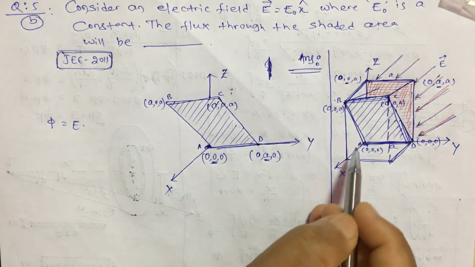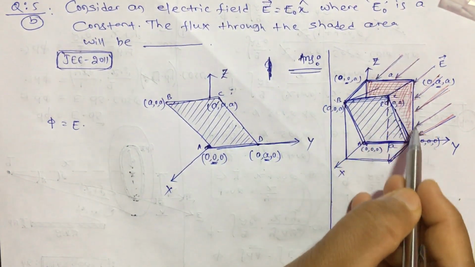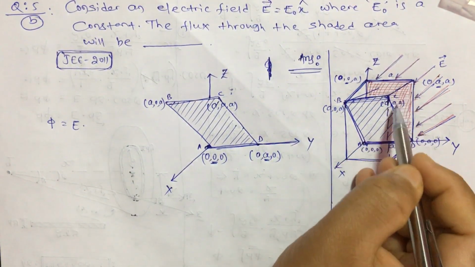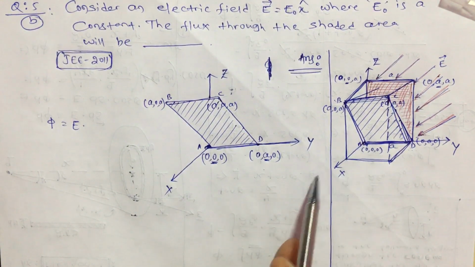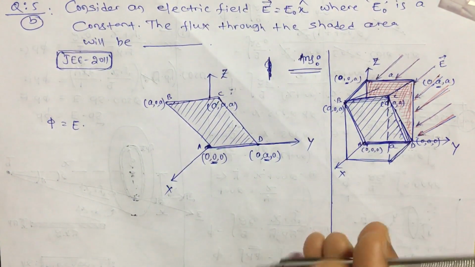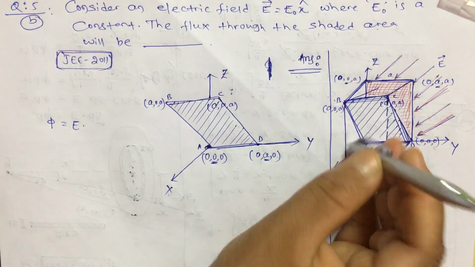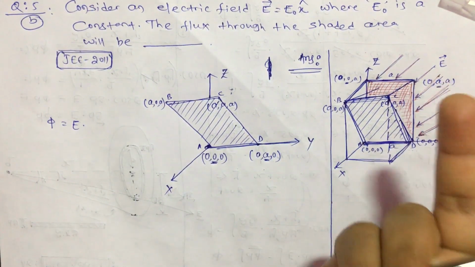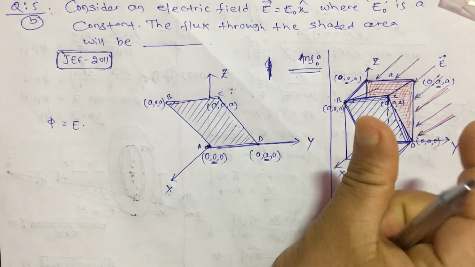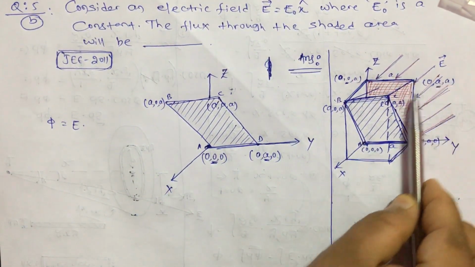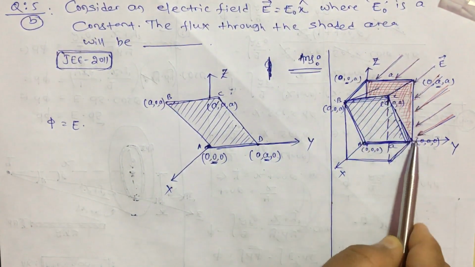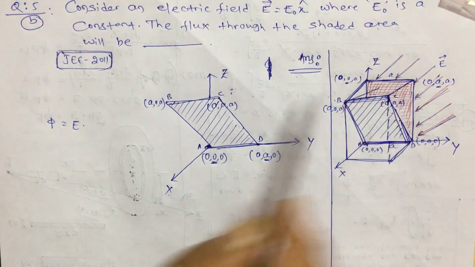Okay, now since this plane, you can see that plane at the back side which is shaded in red ink, through that the electric field is passing perpendicularly, because this is x axis and x axis is like this, means it is actually like this in 3D space. Okay, and the electric field lines are coming out like this, and the cube is placed here. Is this point clear? So these electric field lines are actually passing perpendicularly to this backside surface.